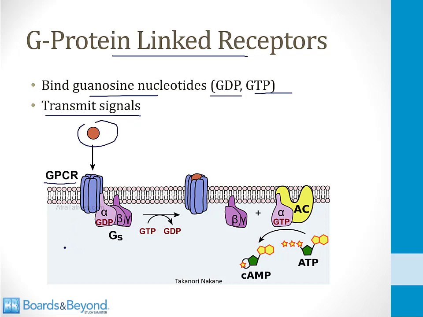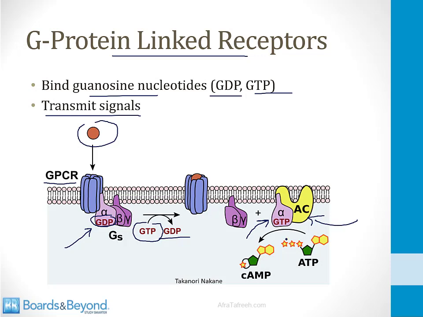On the other side of this receptor, you can find alpha, beta, and gamma subunits of the G protein coupled receptor. The alpha subunit in the inactive state binds a molecule of GDP. Once a hormone binds the receptor, however, it sheds that molecule of GDP and instead binds GTP. At this point, the alpha subunit can separate with the GTP and activate adenylyl cyclase, which is the AC here,